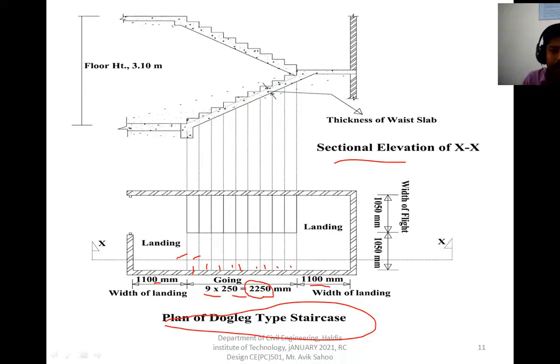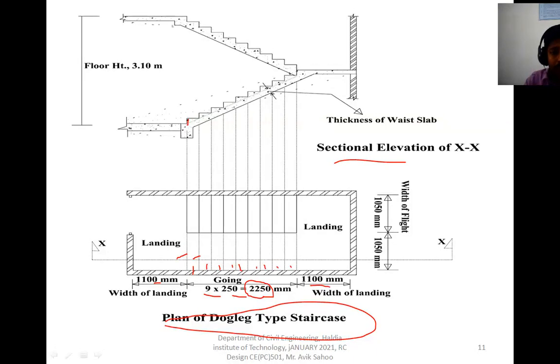Okay, now the sectional elevation is drawn here. So you see the plan view. Now we consider one imaginary line to develop the elevation. This sectional elevation is very important, because by the elevation we understand the shape of the stair, and also the step size.